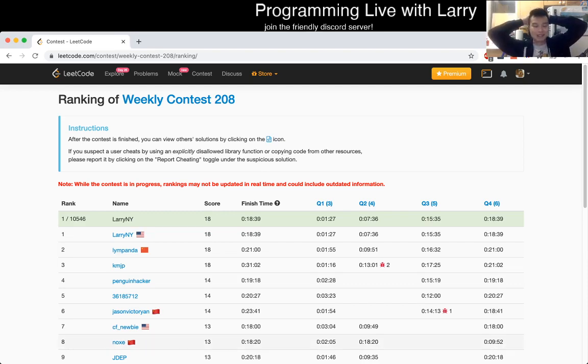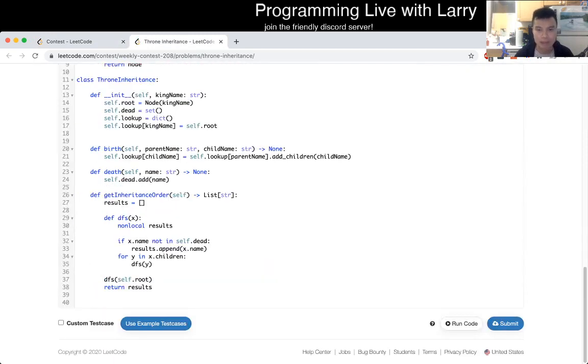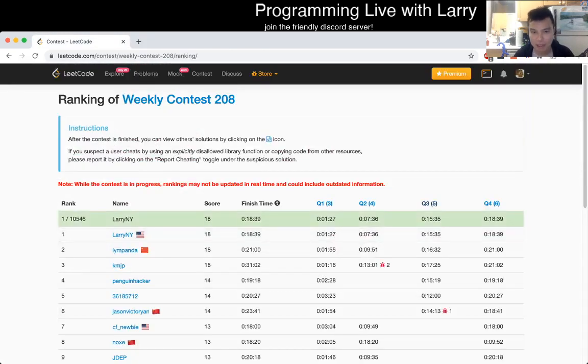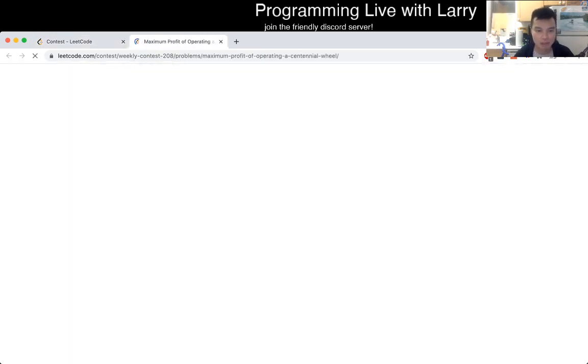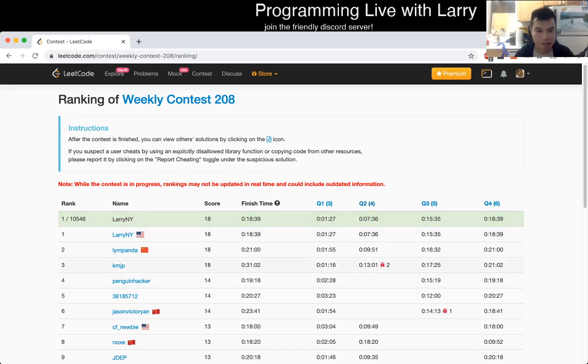Yeah, I mean, usually this is where I do a postmortem of where I wish I could have done better. I think Q3 was the place where I could have done better, maybe, just by reading. But I was very deliberate and slow on this one. Otherwise, maybe Q2 I also probably could have done a little bit faster. But yeah, I don't know. But otherwise, I guess when you finish first place, you really can't complain too much. So I'm just going to enjoy this moment.